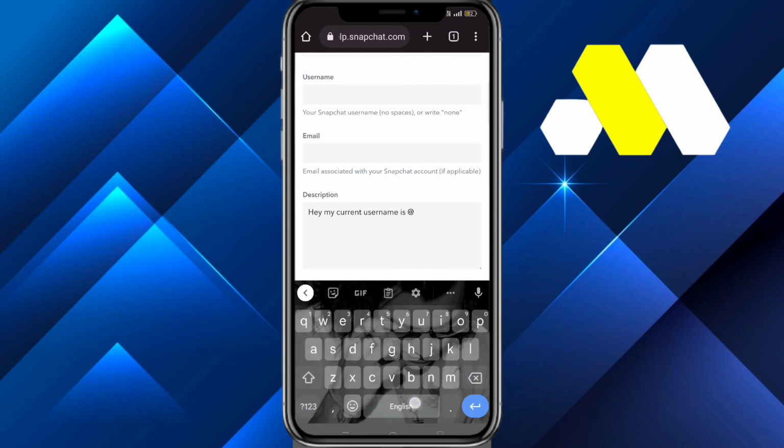whatever your username is, and then say, but due to some privacy problems I want to change it, but I can't wait for a year. I want to change my username to, and then write whatever you want it to, and then just say, please